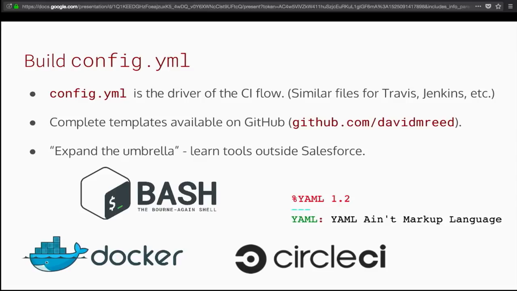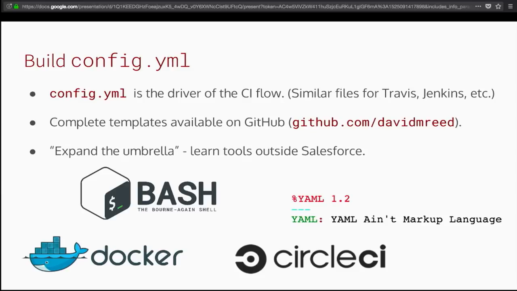As I mentioned, the config.yml file is kind of the orchestrator, if you will, of the continuous integration flow. It tells the CircleCI server and that Docker container that we're creating what to do. It's a fully generic solution provider. It tests anything from Python to Java to C# to Salesforce. So we have to tell it exactly what is going to be required of it in order to get these tests done.